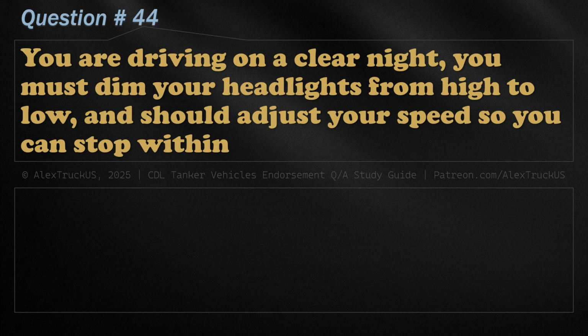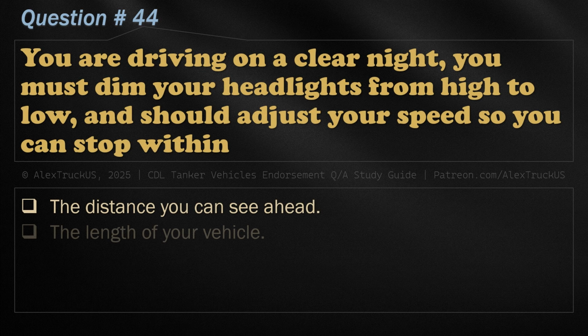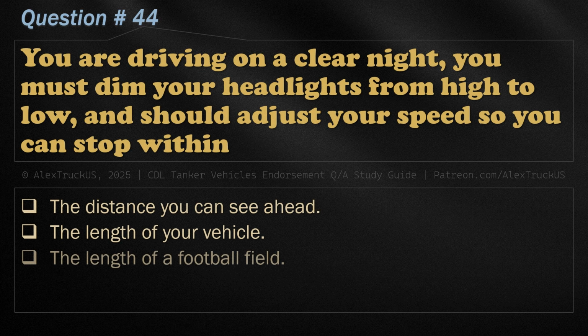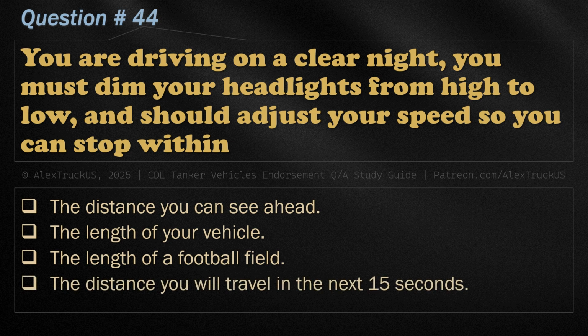Question 44. You are driving on a clear night. You must dim your headlights from high to low, and should adjust your speed so you can stop within the distance you can see ahead. The length of your vehicle. The length of a football field. The distance you will travel in the next 15 seconds.